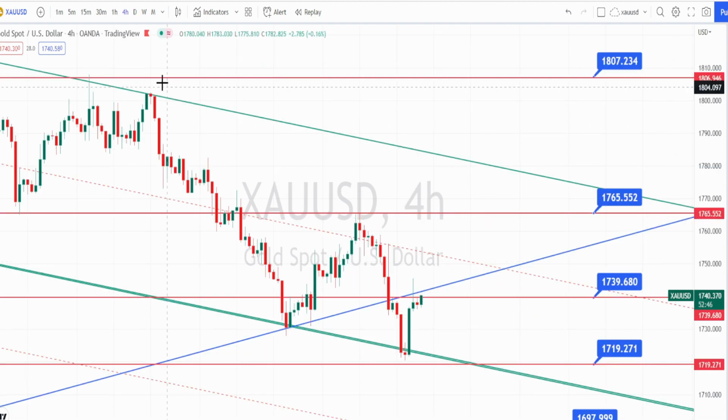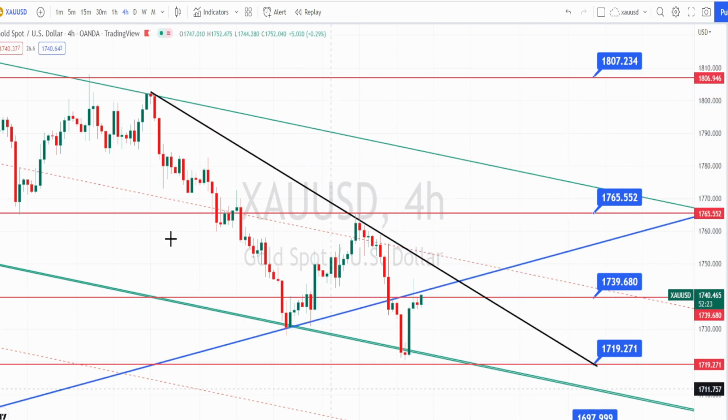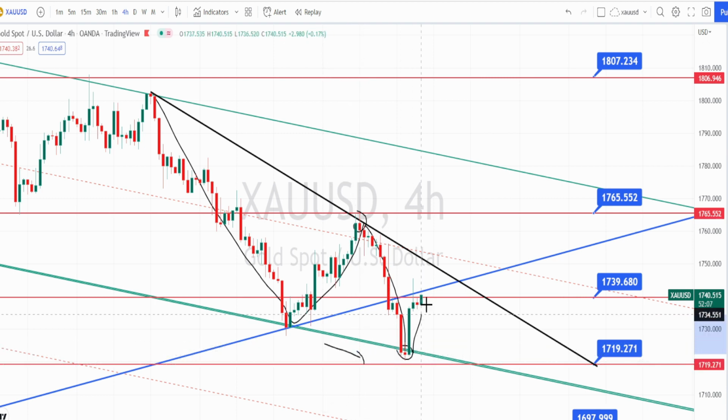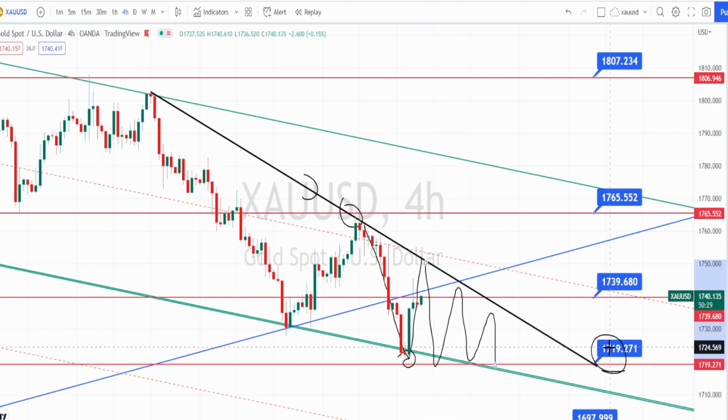When we look at the price action in the 4 hours time frame, I am drawing a resistance line over here. Previously we have noticed the price action respect this resistance line and continue trading on the bearish side, and the price action has taken support on the bearish channel pattern support line and has bounced back in a bullish side retracement. As long as it doesn't break the 4 hours time frame resistance line, we can expect the price action to consolidate, and once the price action breaks this support level of 1719, we can expect the